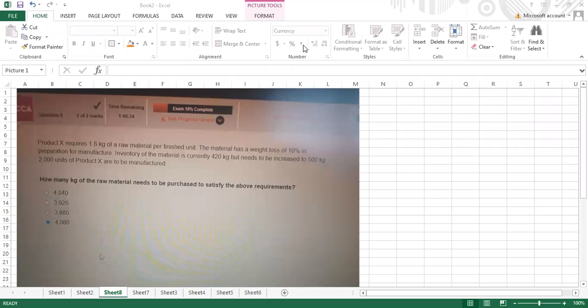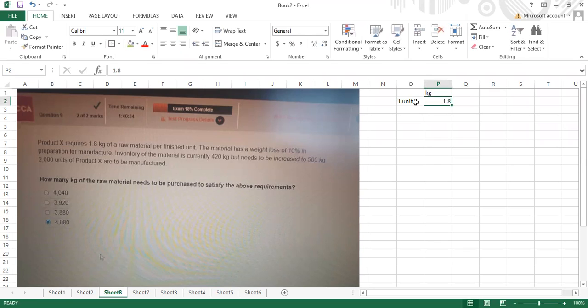The next one is how many kgs of the raw material needs to be purchased to satisfy the above requirements. Okay, how much raw material are we going to purchase? It says that production X requires 1.8 kg of a raw material per finished unit. One unit requires 1.8 kg of material. Okay, and the material has a weight loss of 10% in preparation for